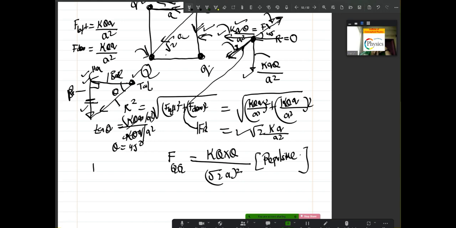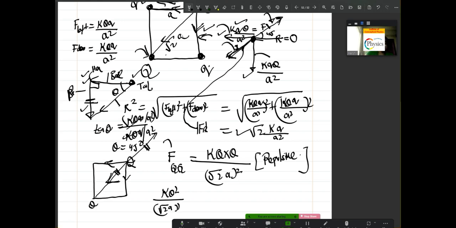Away. So if I redraw the diagram, Q is applying a force Q which is repulsive. These two charges together come down and try to bring this charge in the same direction as the diagonal. So these two forces are equal and opposite. Therefore, I'm putting this force, which is kq square by root 2 a whole square, equal to this force, root 2